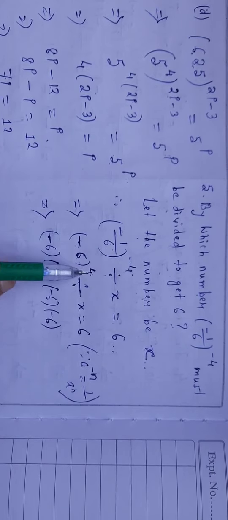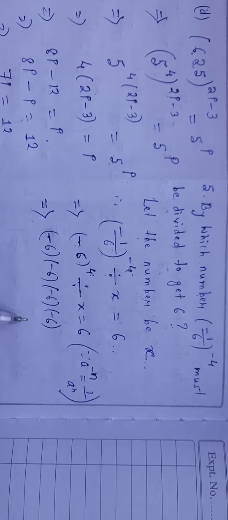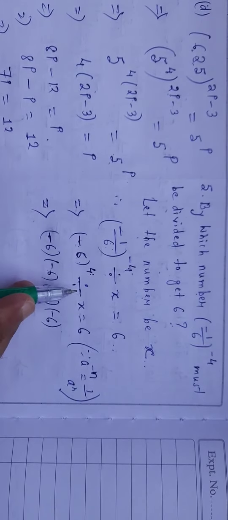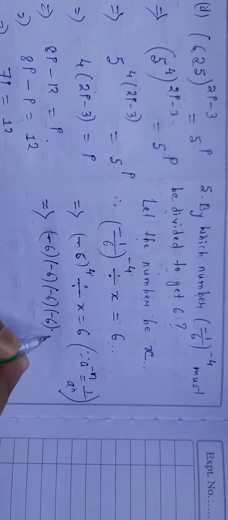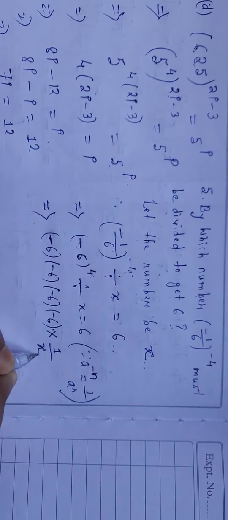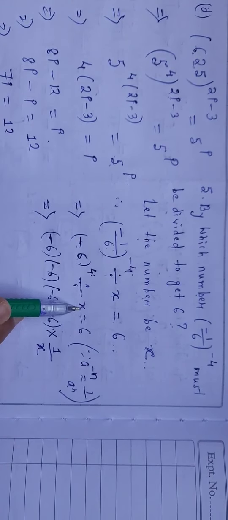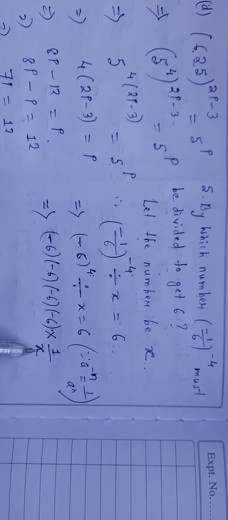So minus 6 to the power 4 equal to minus 6 into minus 6 into minus 6 into minus 6 divided by x. Now since it is divided by x, if I convert division into multiplication, it will become into 1 by x. Divided by x converted to multiplication will become the reciprocal of it, so divided by x becomes 1 by x,